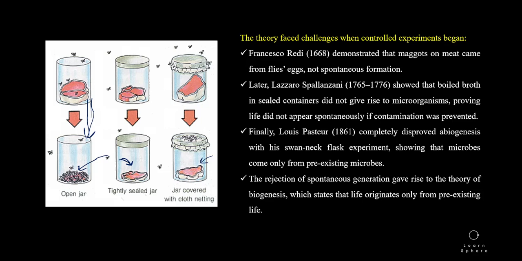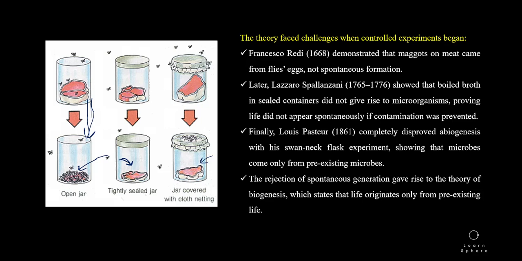So the maggots appeared not because these arise from non-living matter, but due to the contamination of the flies used to lay eggs on the meat pieces, and due to which these eggs were transformed into the maggots. Okay, this was the real basis of Redi's experiment, that the reason behind the occurrence of maggots is the